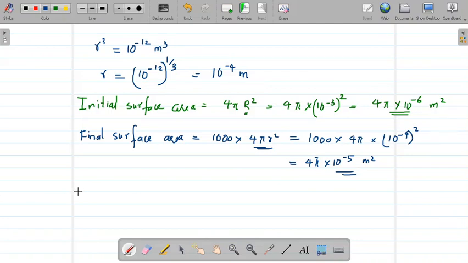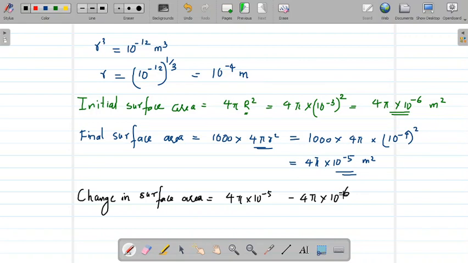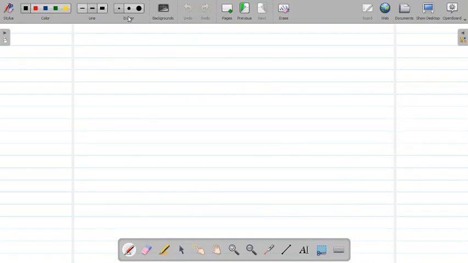So what is the change in surface area? Change in surface area will be equal to difference between final surface area and initial surface area, which is 4 pi into 10 raised to minus 5 minus 4 pi into 10 raised to minus 6. We can take 4 pi into 10 raised to minus 5 as common and simplify this equation. Now let us find the total energy supplied into the system to do this job. So energy supplied